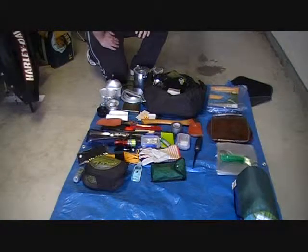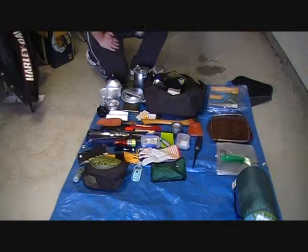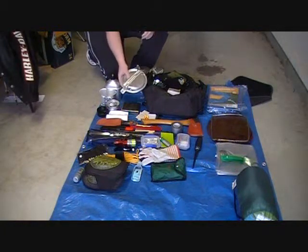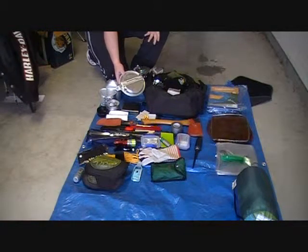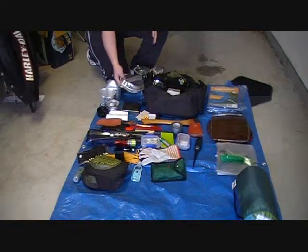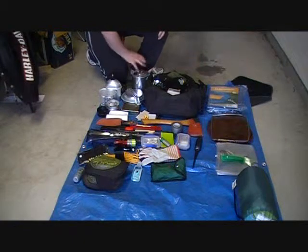Most likely I'll actually build a fire pit and I'll probably cook off the coals and all that sort of stuff, but I will take those just because I want to be able to test it out. I have here my cooking kit. It's a pot, has a couple of measuring cups, and it's a pan and all that sort of stuff in there. I've got my billy, and